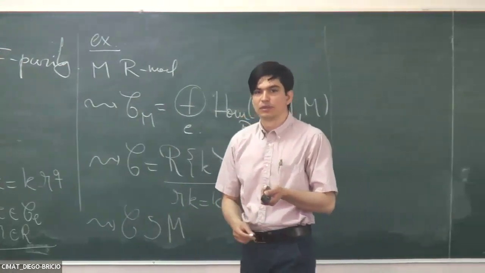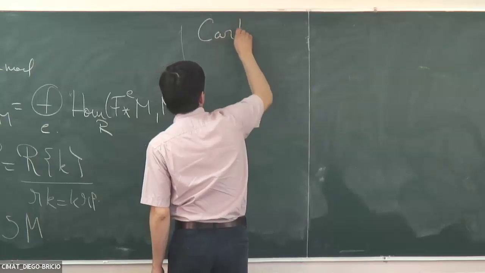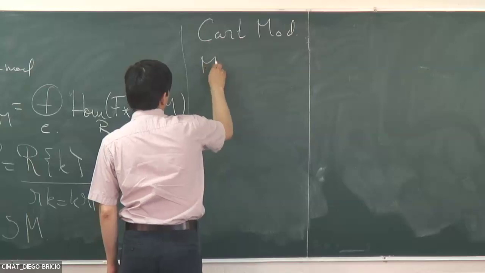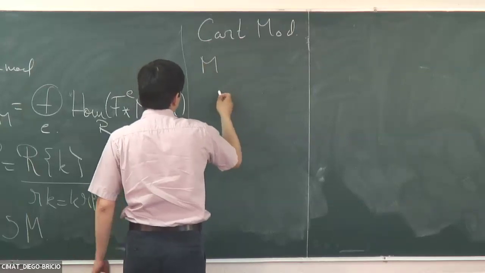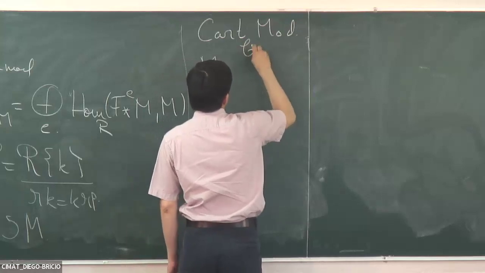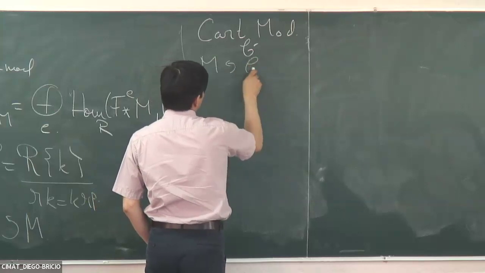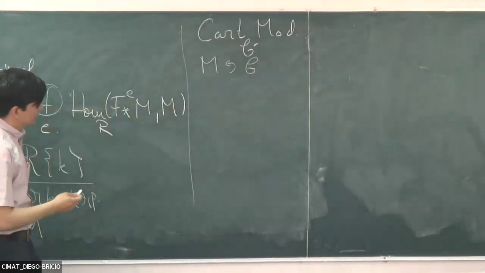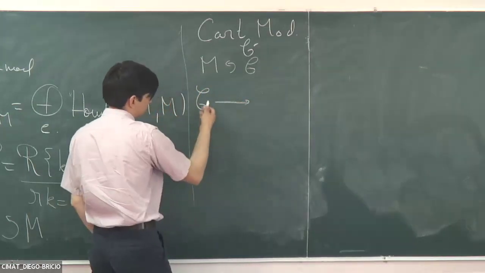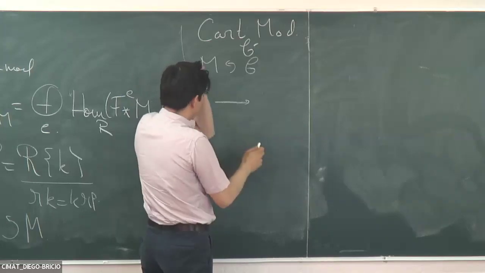So remember that a Cartier C module is going to be a module on which C acts. And what is this action thing? So an action of C is just a homomorphism of Cartier algebras, a homomorphism of Cartier rings from C to, well,